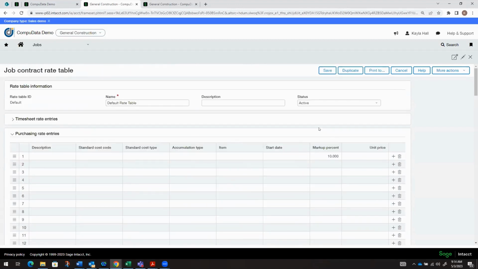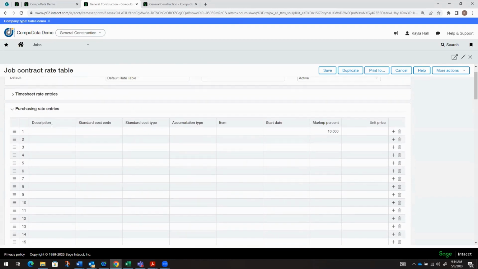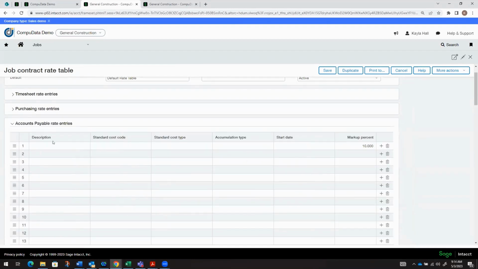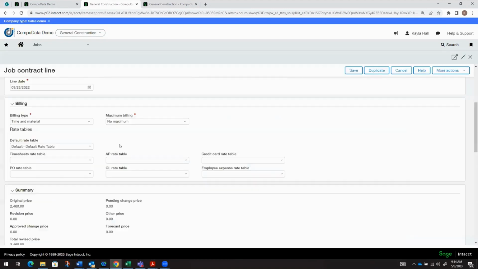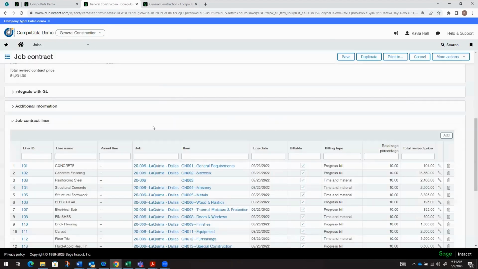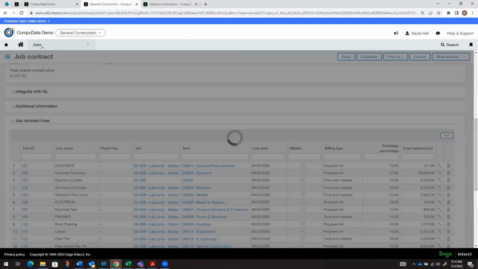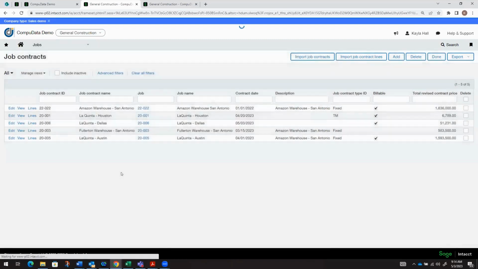So for the timesheet entries, that labor rate is going to be $50. And then I have a 10% markup for purchasing an AP, and then the rest of the billable transactions. So if I go ahead and save that, now that we have our rate tables identified, we'll go into our staff